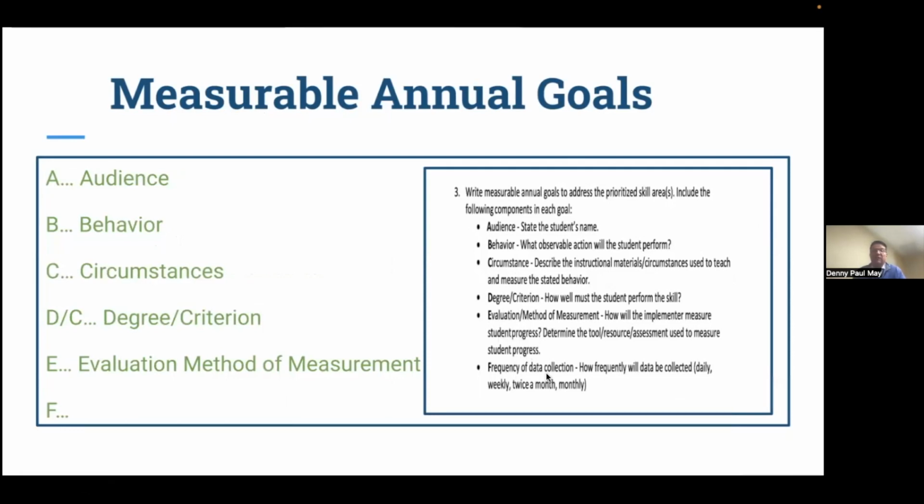When Brenda and I look at files, we're looking for those pieces, but we're also looking to see, is that behavior measurable? Can you see it? Can you count it? Can you hear it? Can you time it? I say that all the time. And then we're also looking to see if the method of measurement we've chosen will, in fact, it should be embedded in the goal, because all these pieces have to be in there in order for it to be measurable. Will that method of measurement measure that behavior?